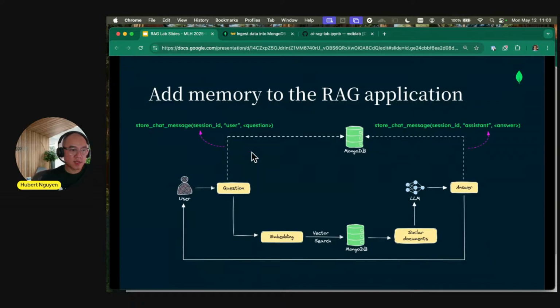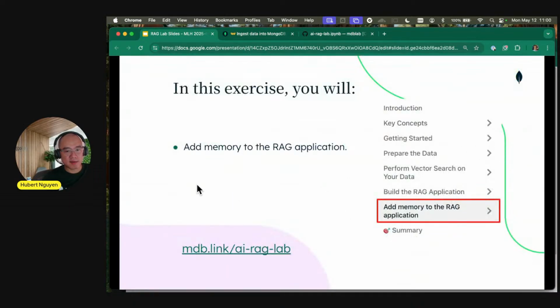So it looks like that. The implementation has two functions. Well, it's one function, but you store the chat for the user, and then you store the chat of the bot as well. And that's the last